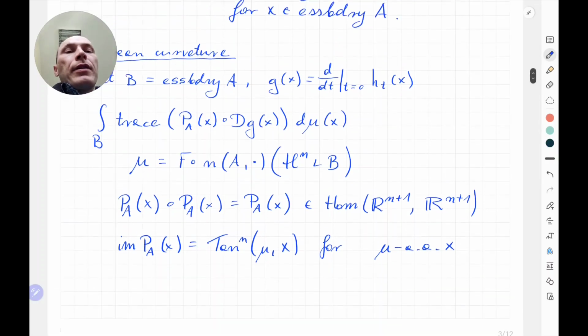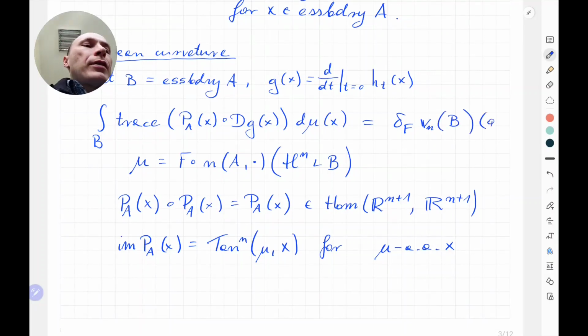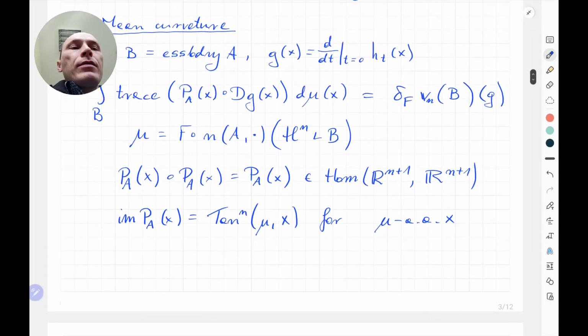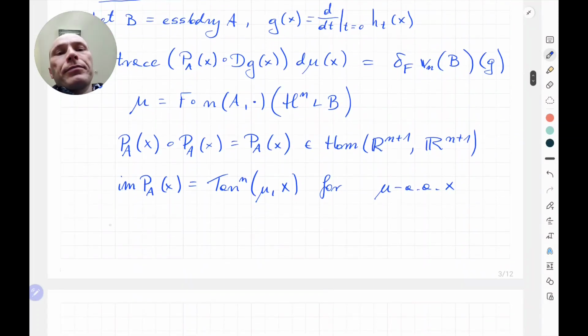Great. So this is usually called the first variation, the f variation of the n-dimensional varifold associated to the boundary, evaluated at the vector field G. So if you know varifolds, this is just the first variation of the varifold associated to the essential boundary, evaluated on the vector field G. And the mean curvature is defined so that